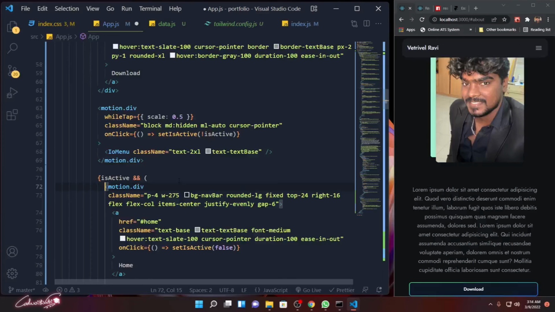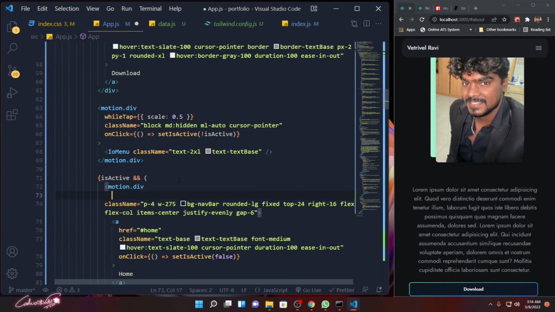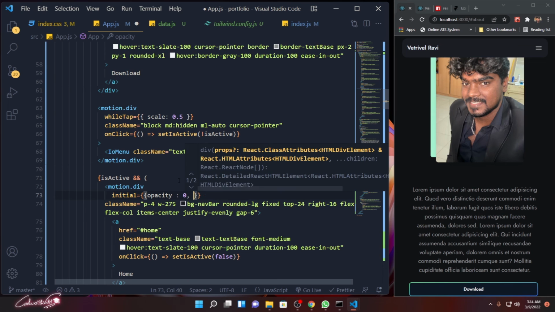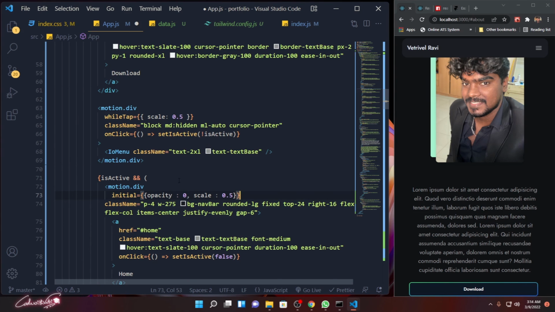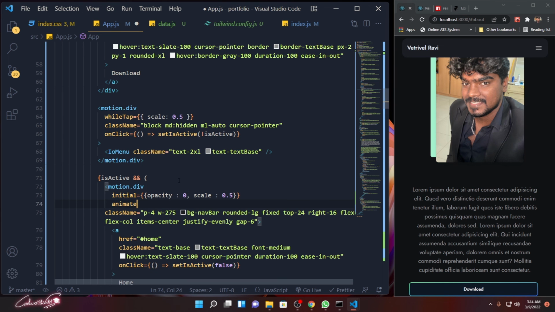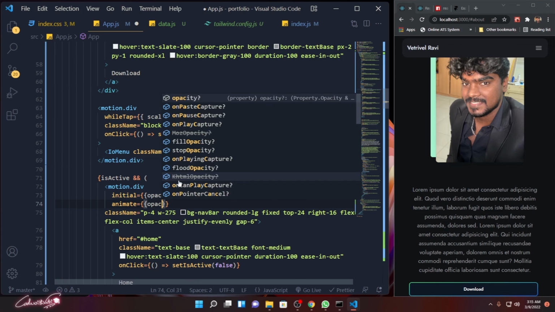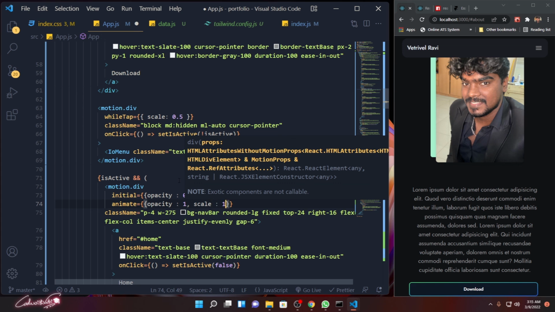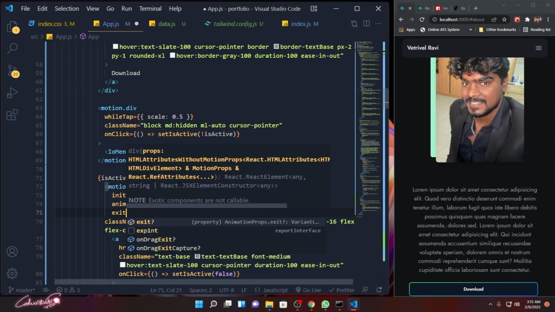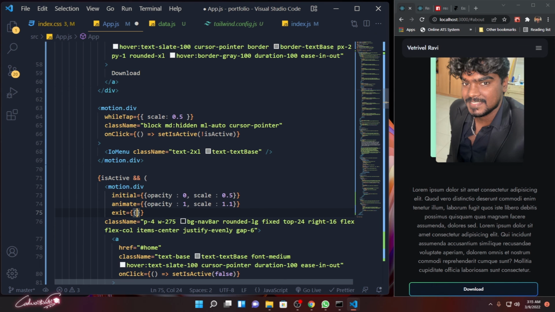Okay, enter. And for this, what we are going to do is initial. We are going to say initial equals opacity 0, comma scale 0.5. Initially, it should be opacity 0 and the scale 0.5, that means 50% of its width. Then animate it to opacity 1 and scale 1.1. And for exit, use exactly the same animation as initial,